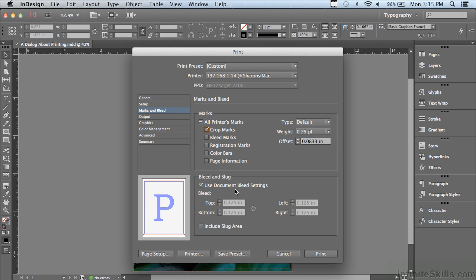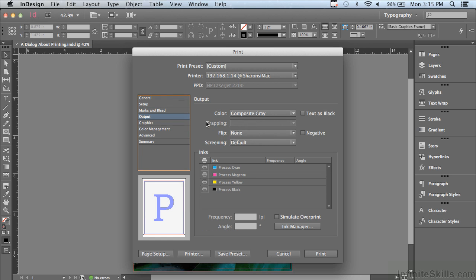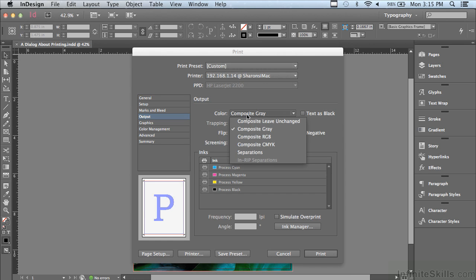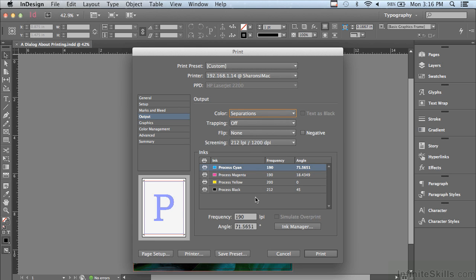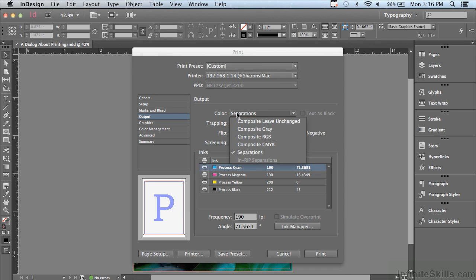I have Use Document Bleed settings checked already, so if I'm working with a bleed document, it's picking up the information automatically and including the bleed. Do I want to include the slug area? I'm going to go to the Output section. In color, do I want it to be composite gray? Well, this is a grayscale printer, so I probably would choose that. I could also choose Leave Unchanged, Composite RGB, Composite CMYK, and also separations. If I did that, I could print out separations. Let me go back to Composite Gray